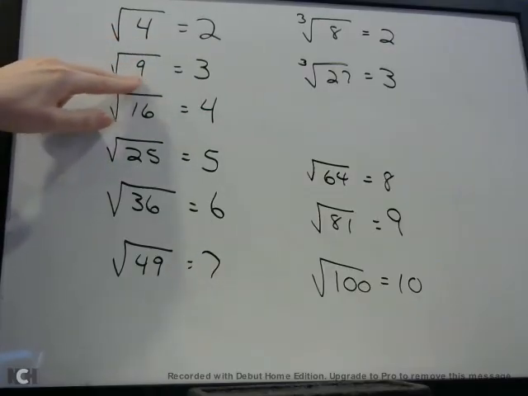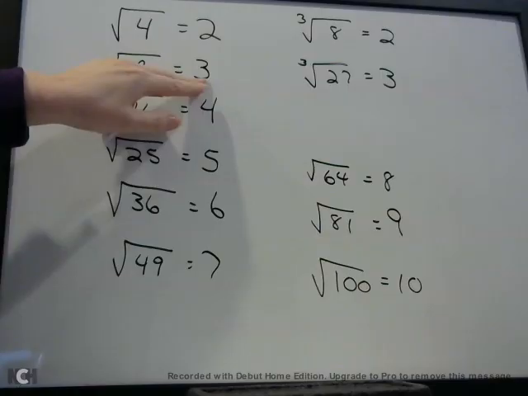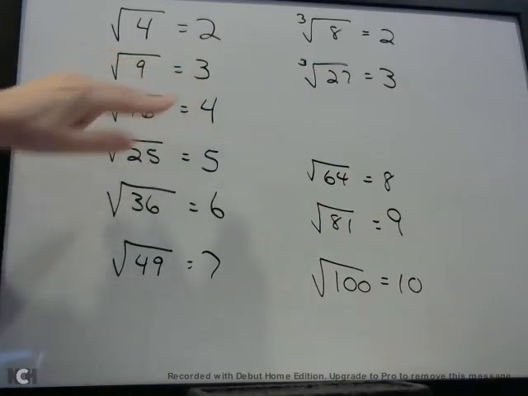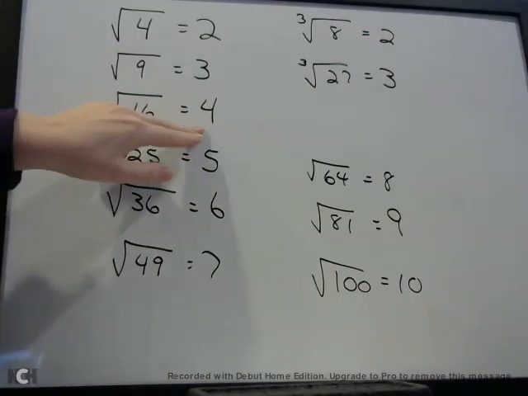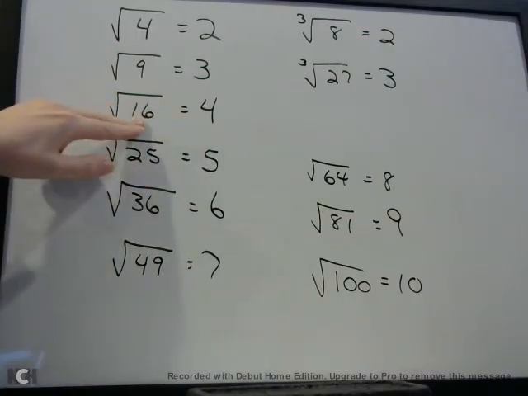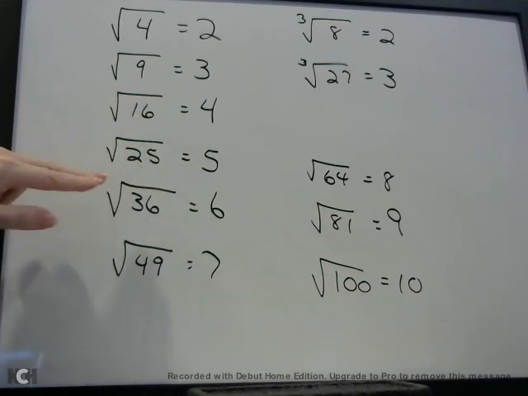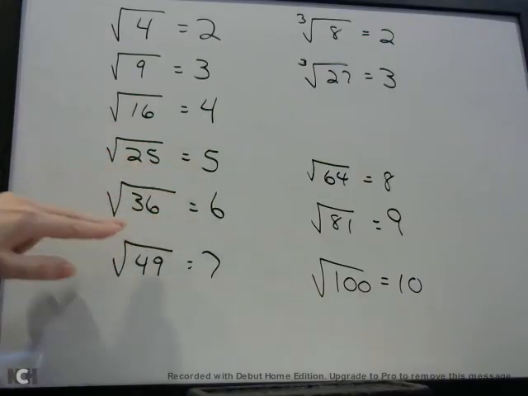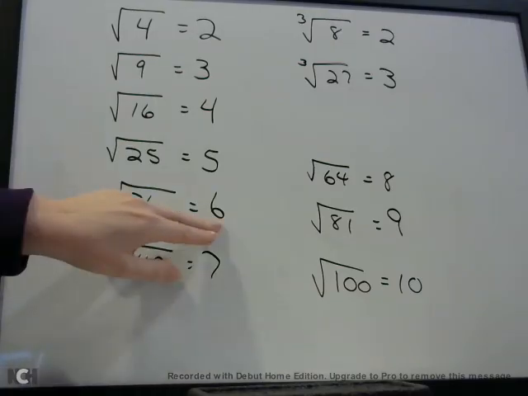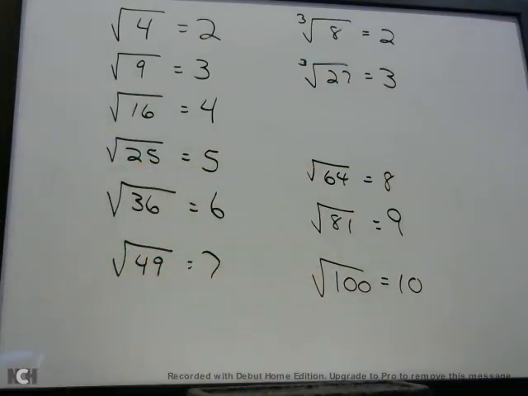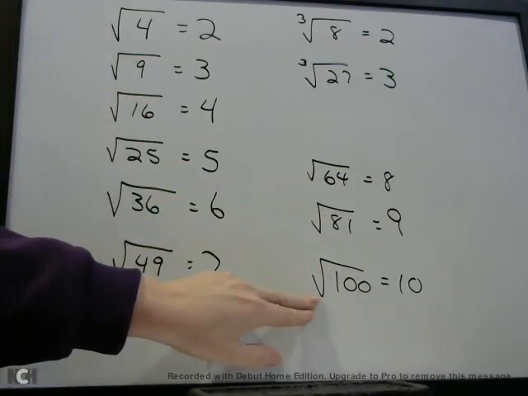The square root of 9 is 3. 3 times 3 is 9. So the square root of 9 is 3. The square root of 16 is 4, because what number times itself gives you 16? Well, 4 does. 4 times 4 is 16. The square root of 25 is 5. Square root of 36 is 6. So if you know your multiplication tables, 6 times 6 is 36, then when you see that, you know the answer right away. You really want to know and memorize these square roots from square root of 4